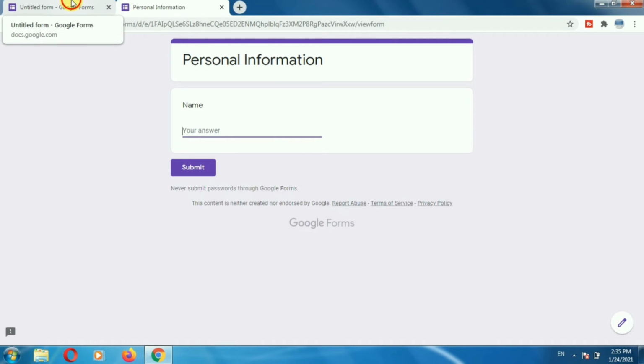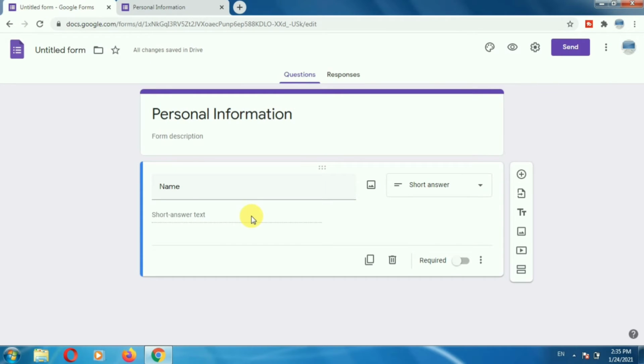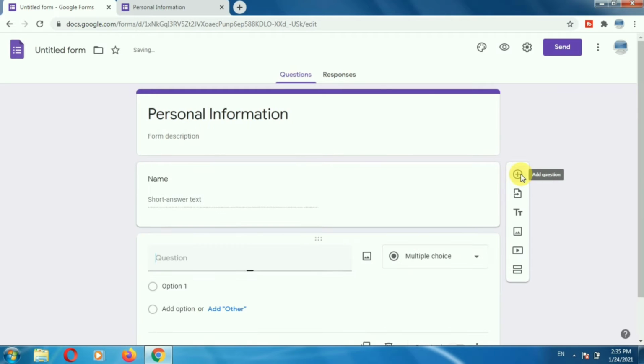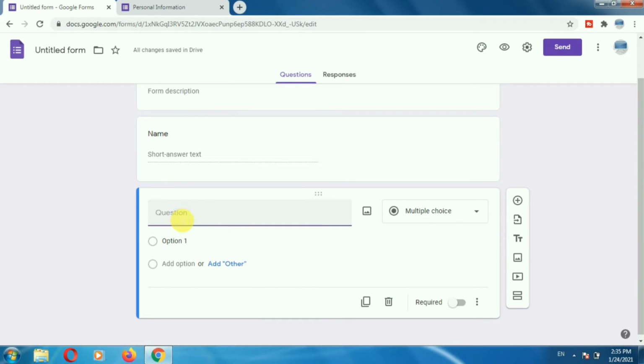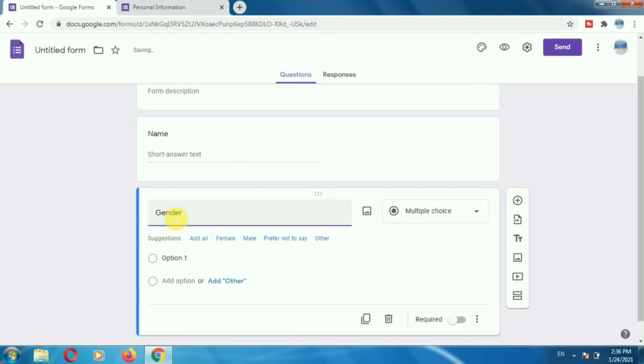Now let's go to the Google form and add a next field. To add a new question or new section, here you can see the plus icon. Click on the plus icon to add a question. So a new section will be added. Now I want to accept the gender of the user, so type gender here. Once you type gender, at the bottom you can see the suggestions.